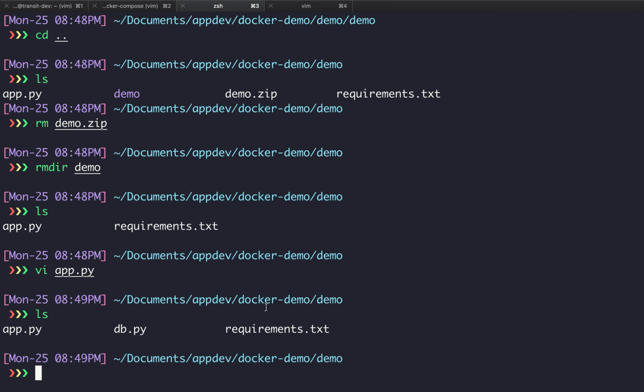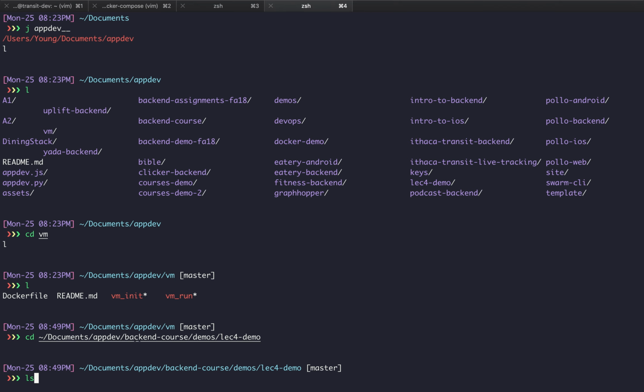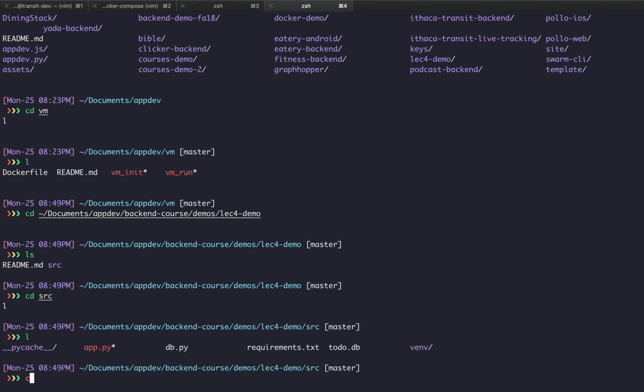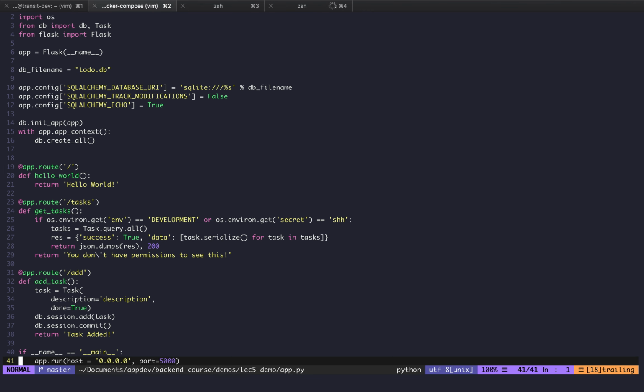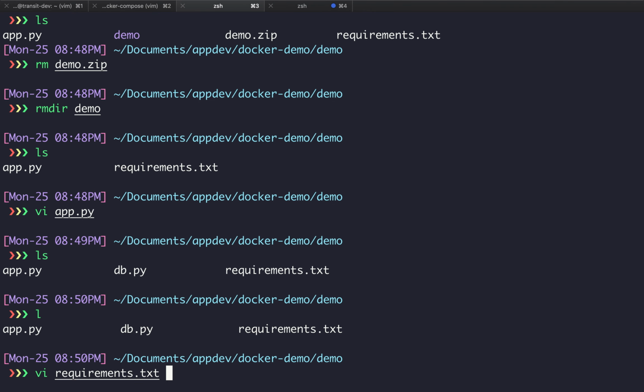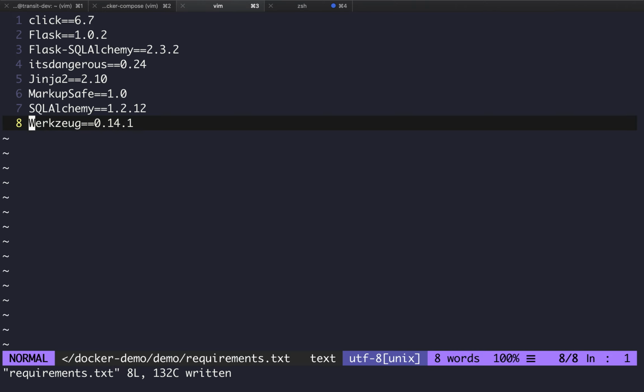Okay, and there are some other packages I need to install. Let me find those. Sorry. I'm just looking for the requirements file. Okay, and now I'm going to open up my requirements file and just change it to the ones from before. So if you did the most recent assignment or followed along in the last lecture, this should be the same one.